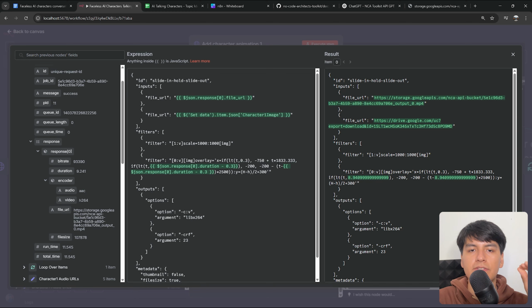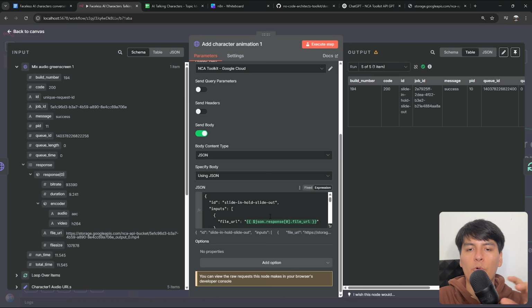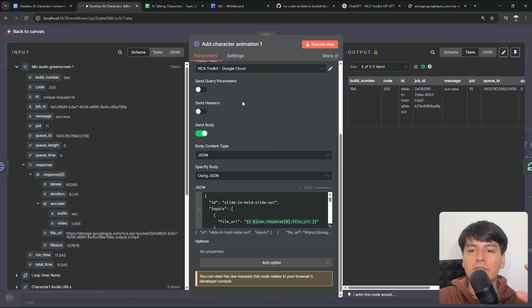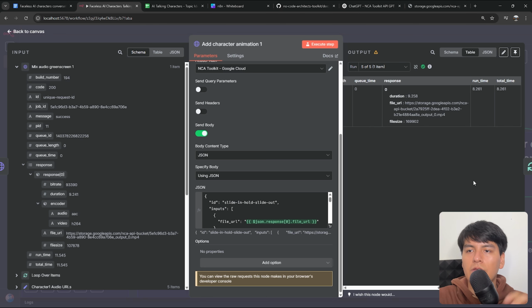So yes, that's it for this add character overlay. Oh, and also I almost forgot, for all of the no-code architects toolkit nodes, I'll be sharing the JSON in the description, so you'll just be able to copy and paste all of these things. But anyways, when you run this whole node, then it'll give you the same video as from before, but now